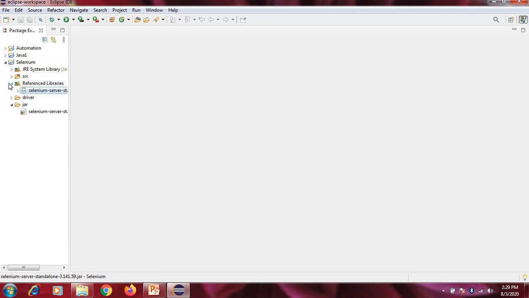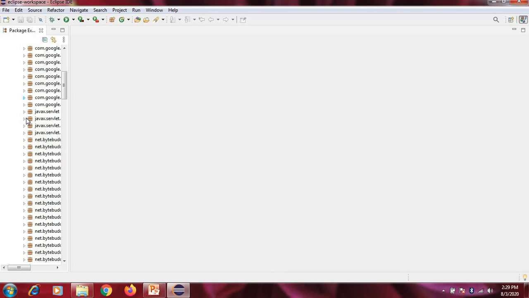Here you can see it automatically creates a referenced library, and you can see the Selenium server standalone jar file, and if you extend it, you can see all the important Selenium library files.